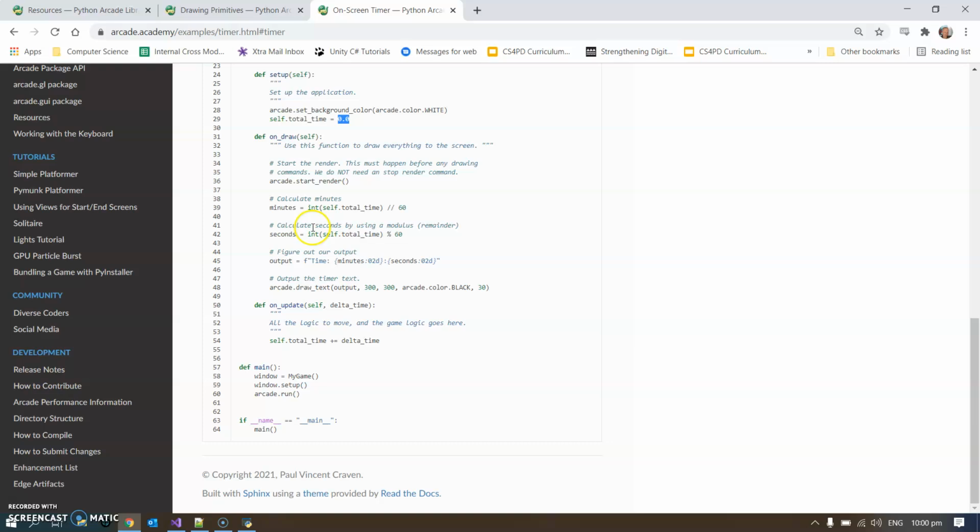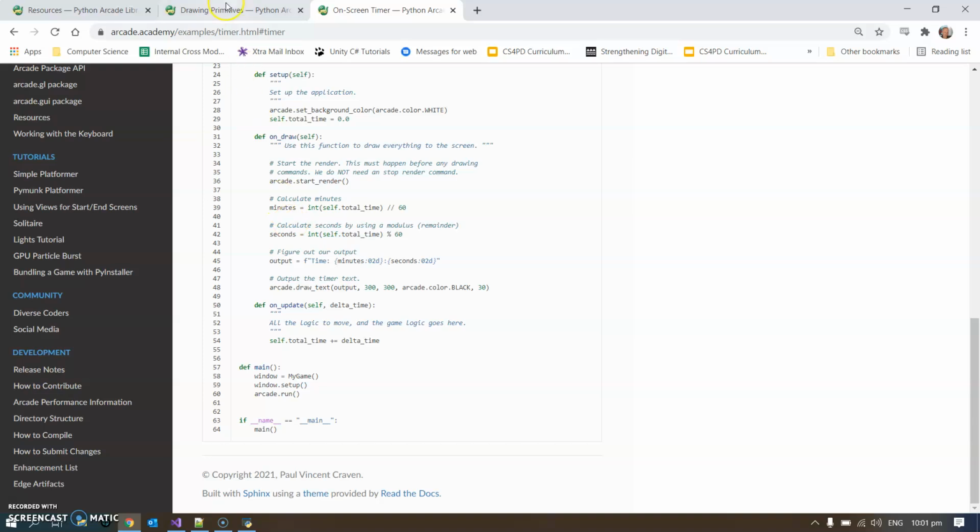And then they have got this thing where they calculate the minutes and seconds from it using a bit of maths. And they create an output line and they draw that text at the bottom. I had that originally. What I found was whenever I draw text to the screen, it drops a couple of frames and it just glitches briefly. And I looked it up and it does seem to be a slow action, drawing text on the screen. So that's why I went to the